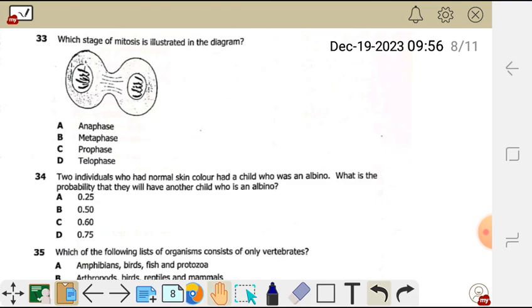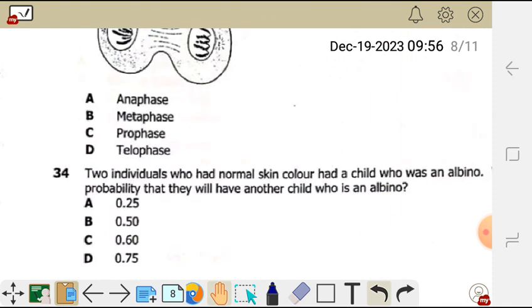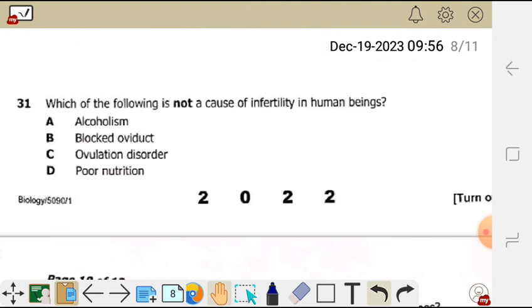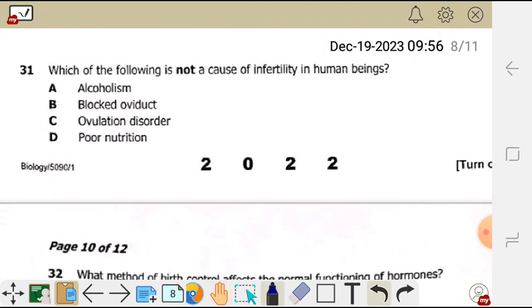So question 31. Which of the following is not a cause of infertility in human beings? We have A, alcoholism, B, blocked oviduct, C, ovulation disorder, and D, poor nutrition. So the one which is not a cause of infertility in human being is